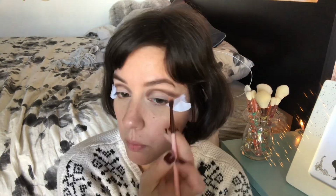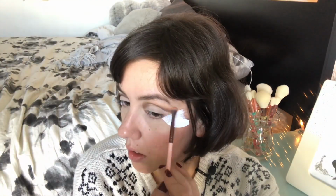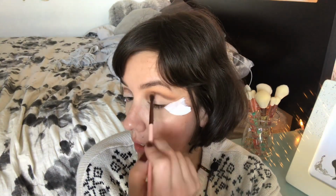Okay, so now that I kind of have that blend the way I want it to be, I'm now going to take this Alamar palette here, and I'm going to take the shade Cocoa Taxi, and I'm going to just yellow it up a bit on the edges of that with an even smaller brush, light strokes, feather it out, all that jazz. Look at that, that's so pretty. It's exactly the kind of look I was going for. It's like a nice brown to mustard